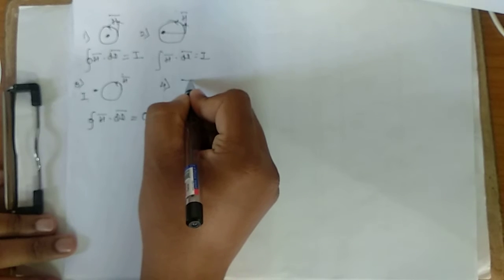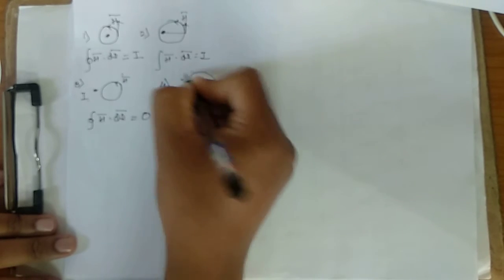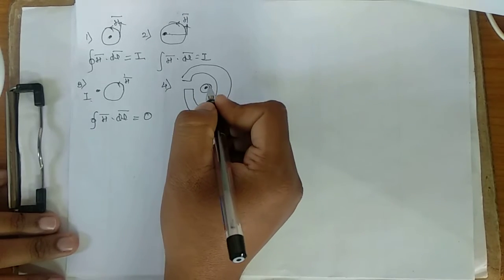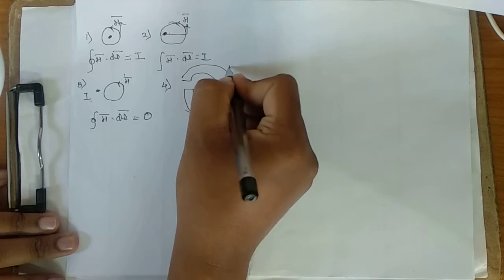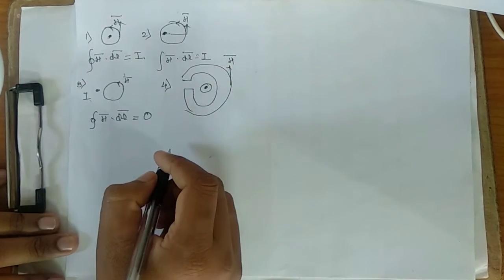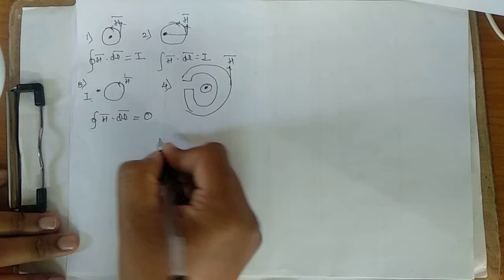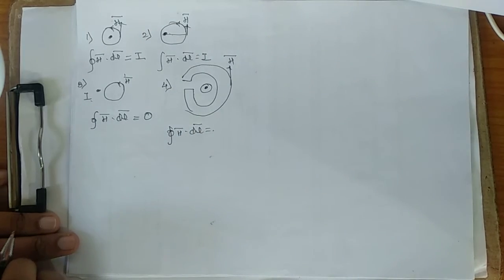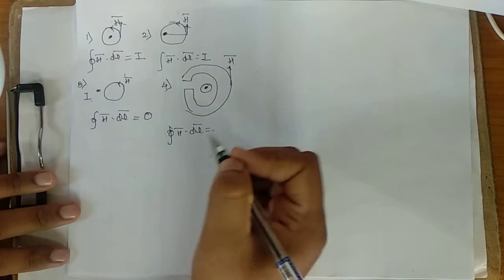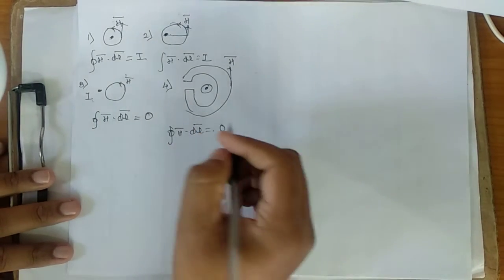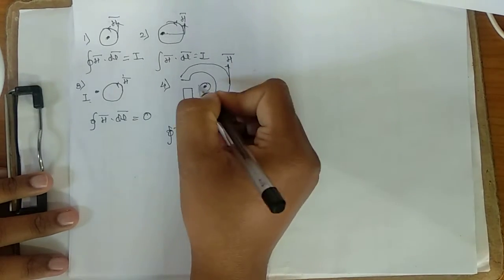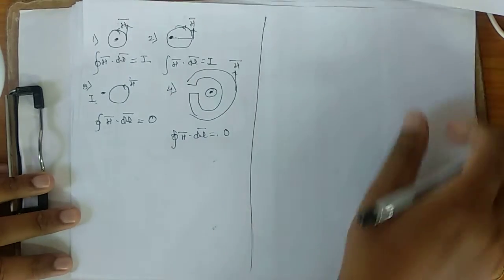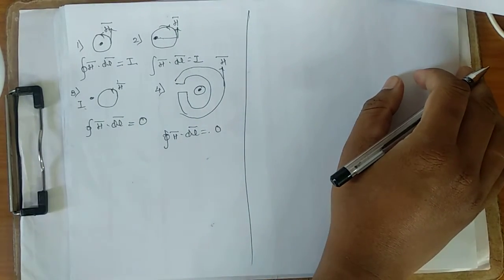Now one more and last example for this. So here the current source is also inside, and the magnetic field is passing through this h bar. So tell me, does the fourth one follow this? H bar dot dl bar is what? Is it I or 0? So definitely it should be 0, because it is not fulfilling the criteria of a closed loop. So it is not a closed loop, so we have to reduce it. So that is the way you have to find out the magnetic field intensity, h bar dot dl bar.